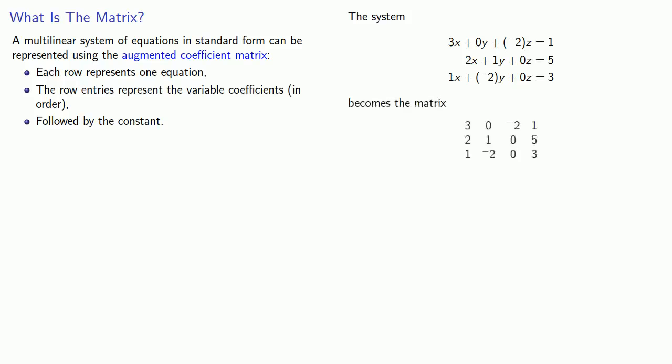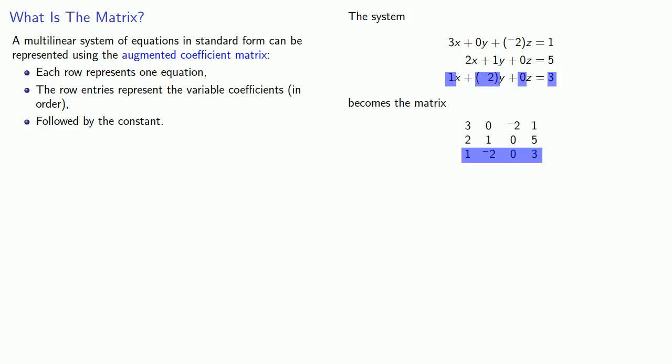So the first row of the matrix corresponds to the first equation, and the entries of the first row correspond to the coefficients in order: 3, 0, negative 2, followed by the constant 1. And likewise, if I take a look at the second row of the matrix, these entries come from the second equation, the coefficients 2, 1, 0, and the constant 5. And finally, the third row of the matrix corresponds to the third equation with entries 1, negative 2, 0, and